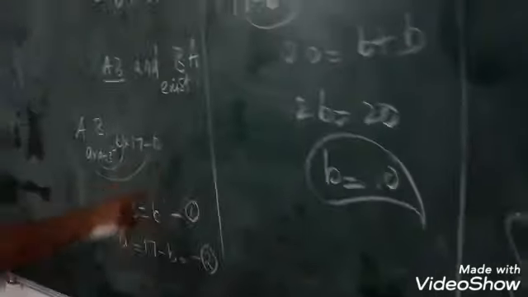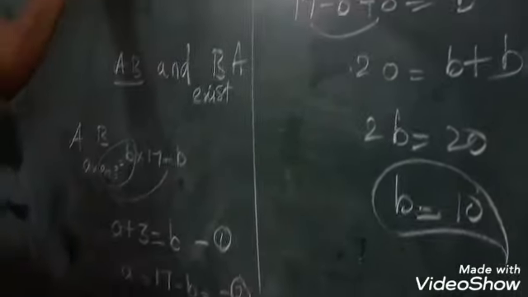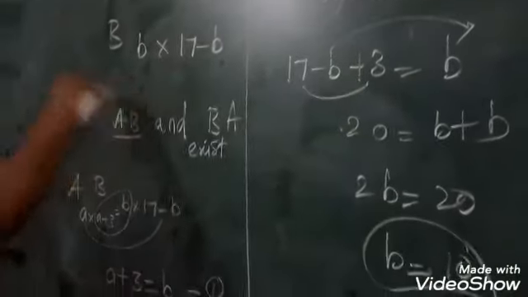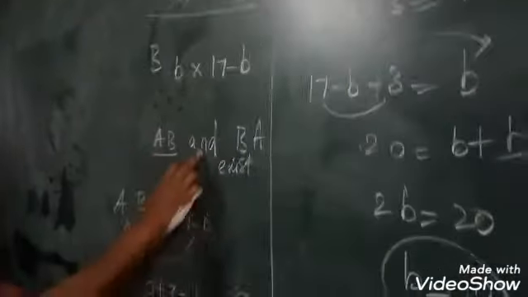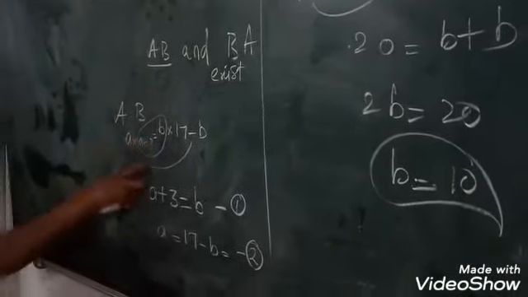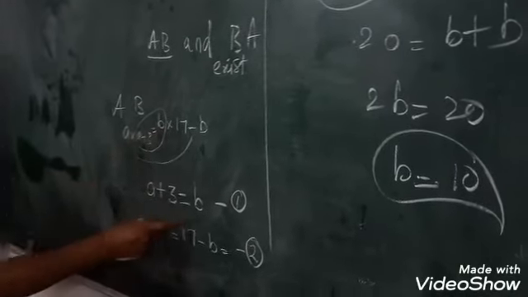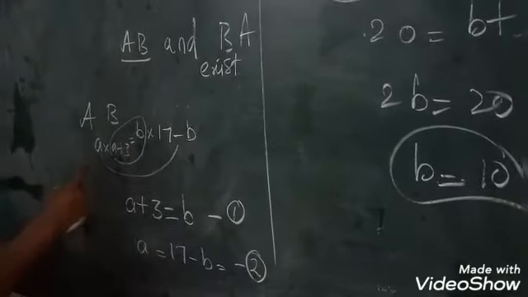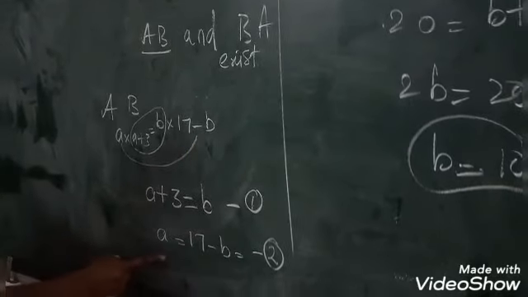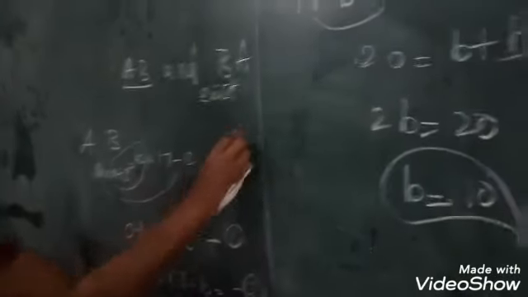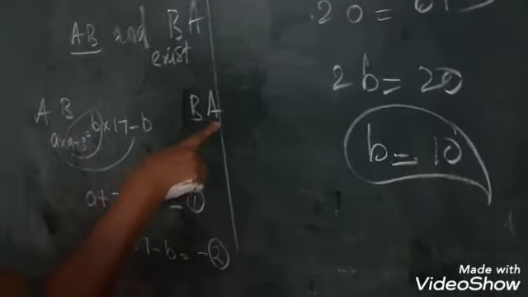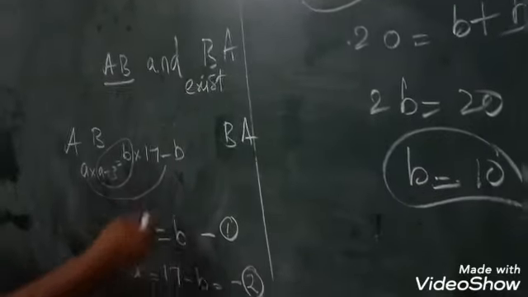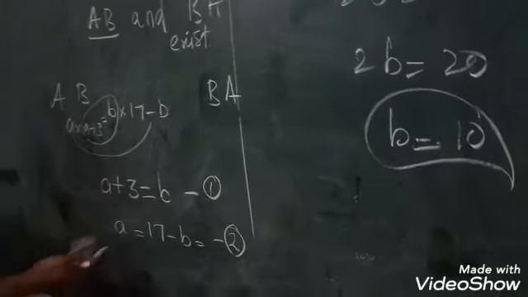Here why am I equating, girls? Again I am explaining: the A matrix order is given, the B matrix order is given. They didn't give numbers, they gave variables, so that AB and BA exist. So the first matrix's column and the second matrix's row I equate, I get one equation. Next the product of the multiplication also gives one equation. Because for BA also, the first matrix's column and the second matrix's row should be equal. Then you eliminate or otherwise substitute, and you will get the answer of A and B. Okay girls, have you understood?